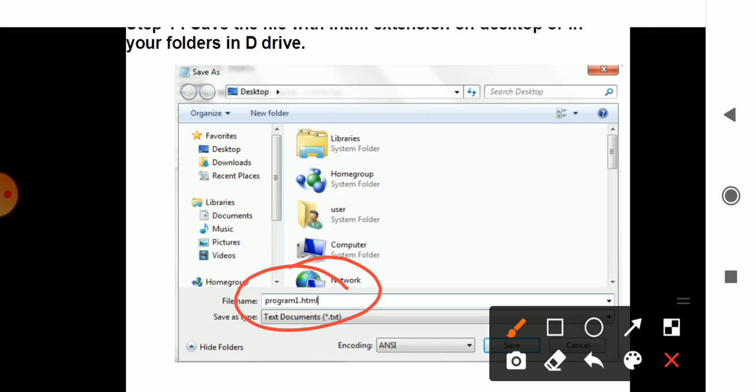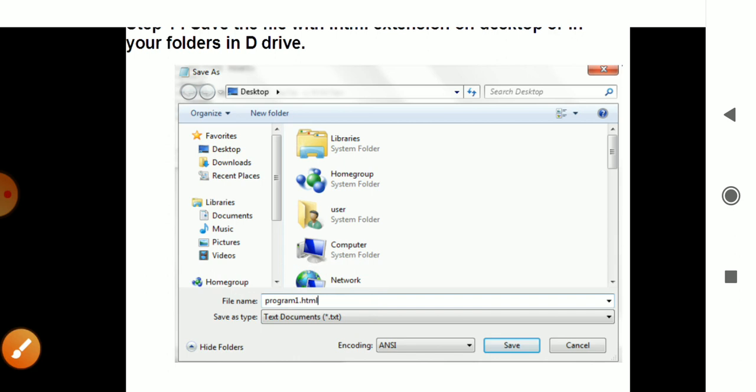You give a program name, whichever you like. I have given it as program1.html. The extension .html is important to save your file. Remember that. You can save your file either on the desktop or on the D drive.